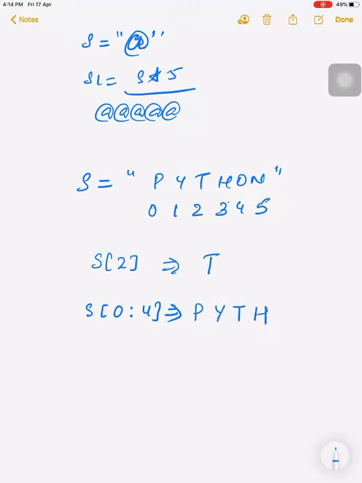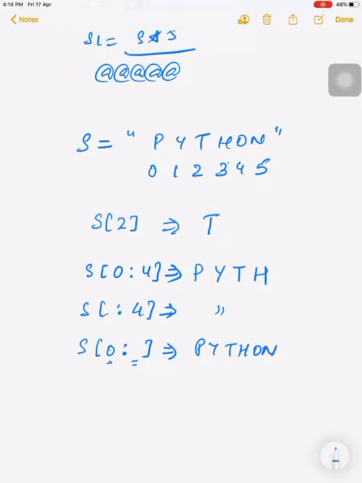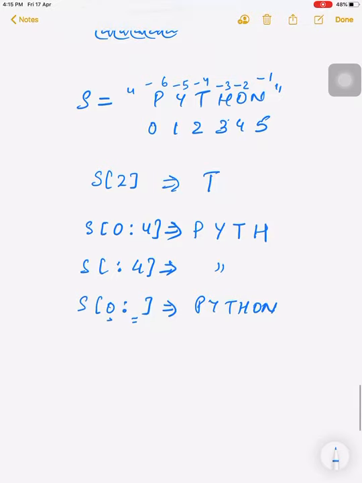Yes, the output will be same as above, because the first character which we left will by default start from the very first character of the string, as we can write 0 and we left the last. Now what will be the answer? Answer will be whole Python, because it will start from 0th index and it will end on what index? It will end on the last index, because we skipped it, so by default it goes to the end. Okay, same as forward indexing.